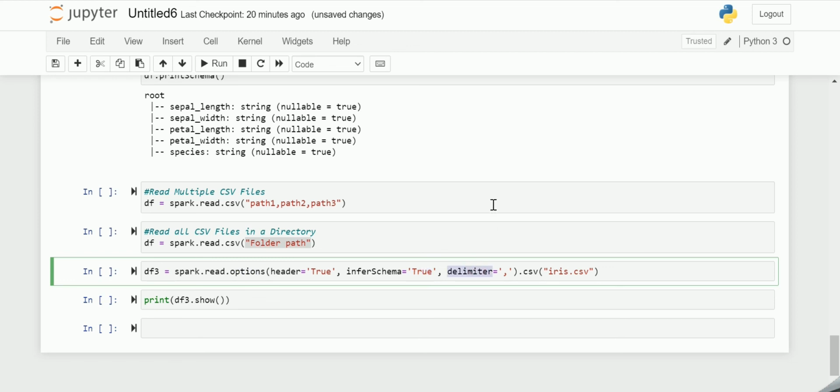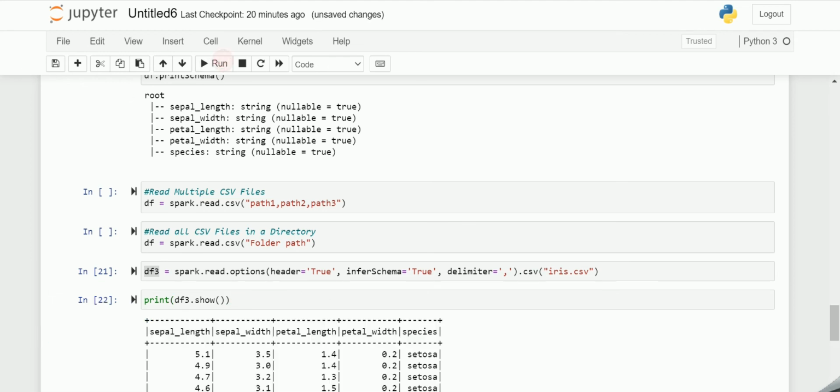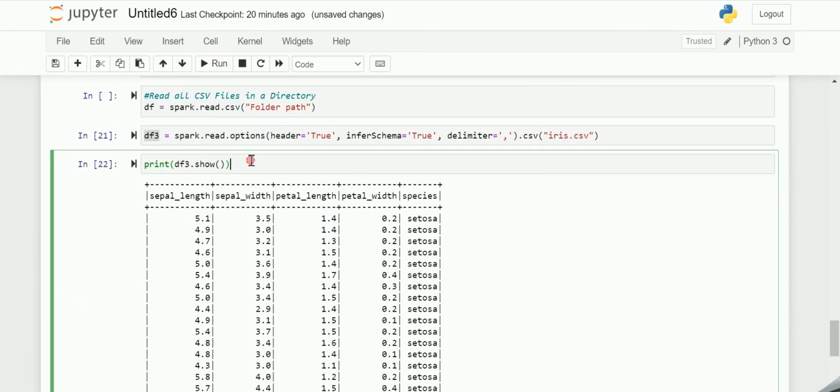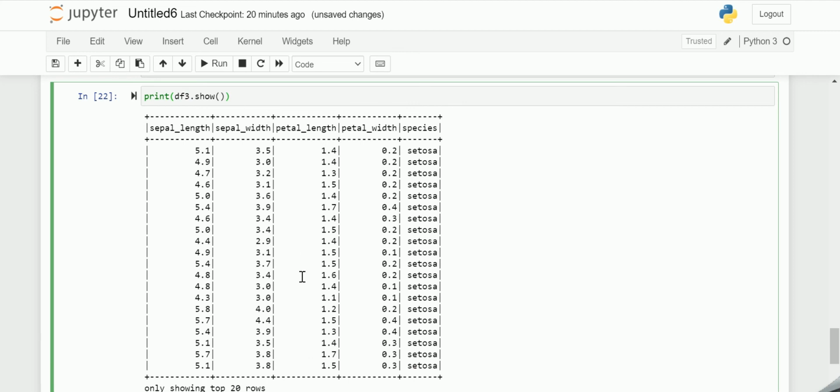And the next option is the delimiter. It is used to specify the column delimiter of the CSV file. By default, it is comma, but we can also set it to any other character like pipe, or a tab, space or any other option. So let us now try to read this, which is a comma separated file. So I'm just changing it to comma and the data is read into the data frame, and I'm trying to visualize the data using the method df3.show. So this prints the result of my data.